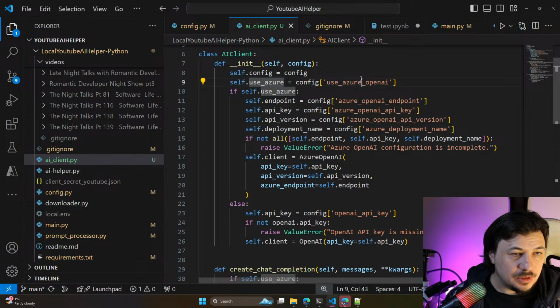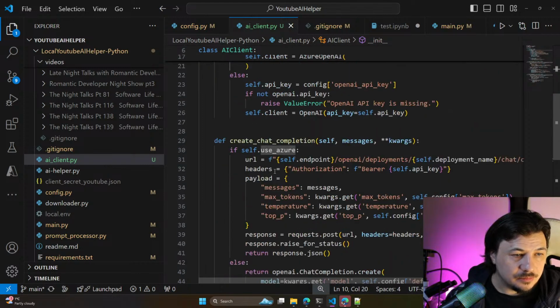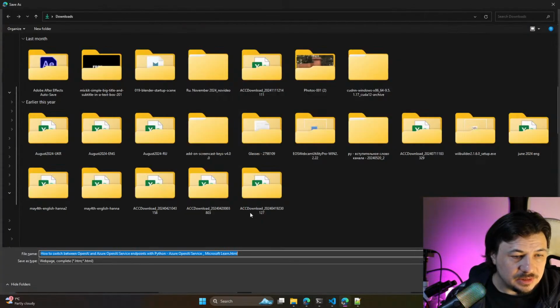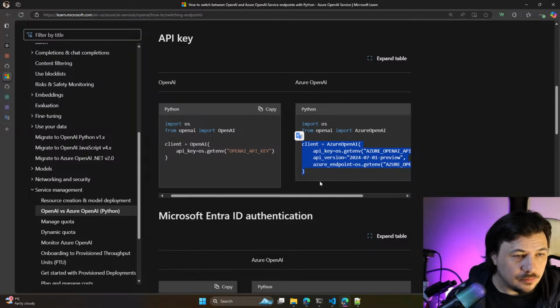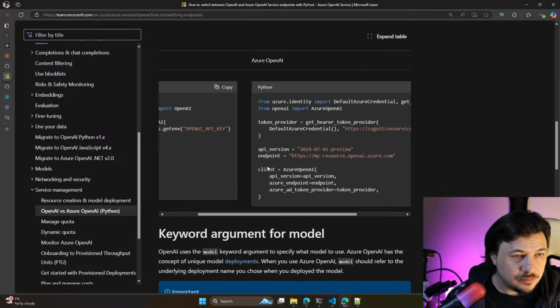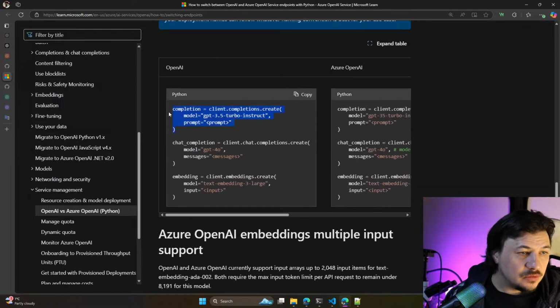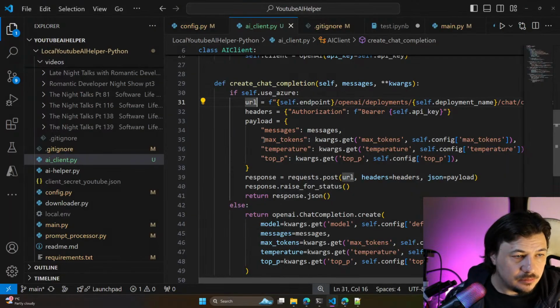Config view Azure OpenAI. Okay, with chat completion. Now we need to do this next thing. Completion. It would be like that.